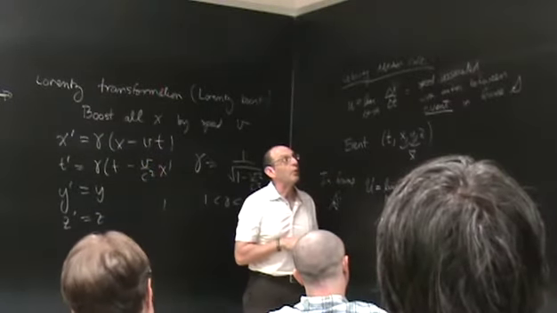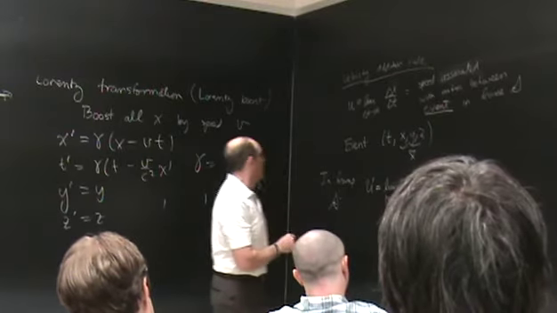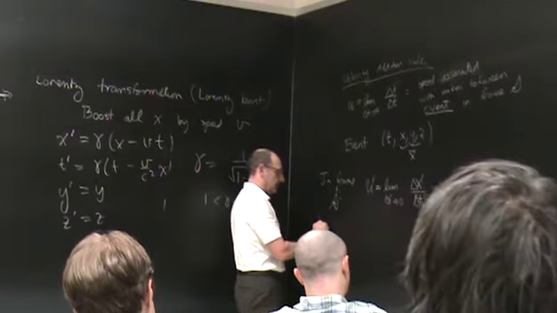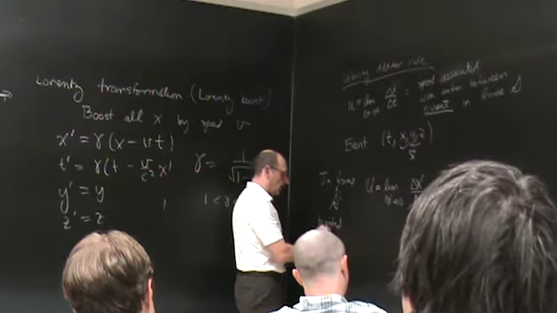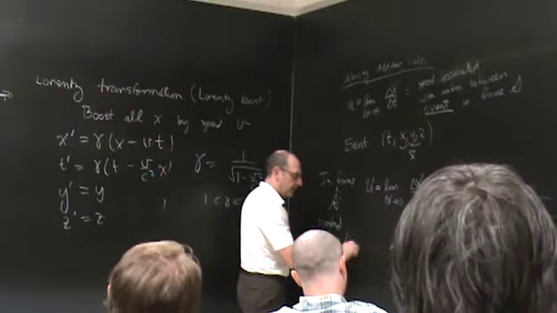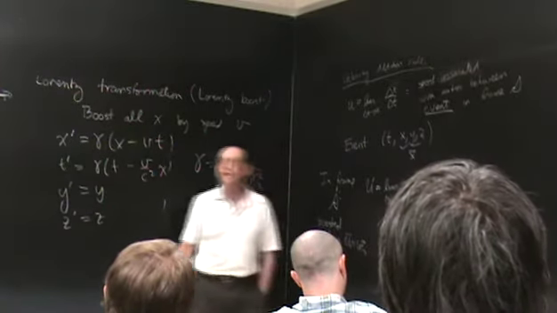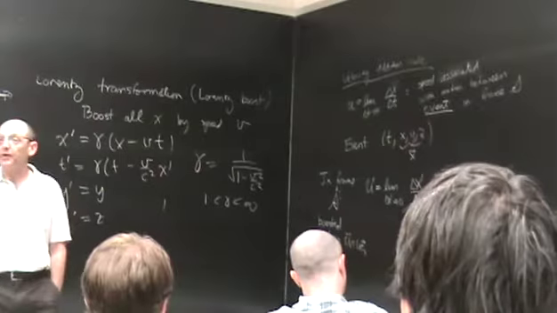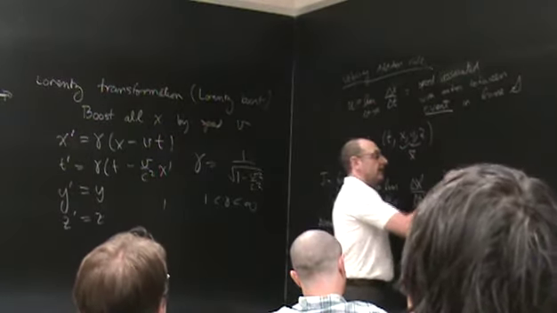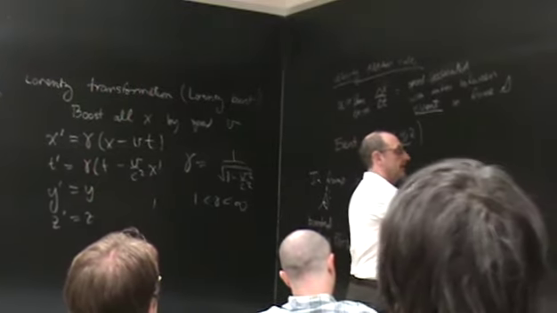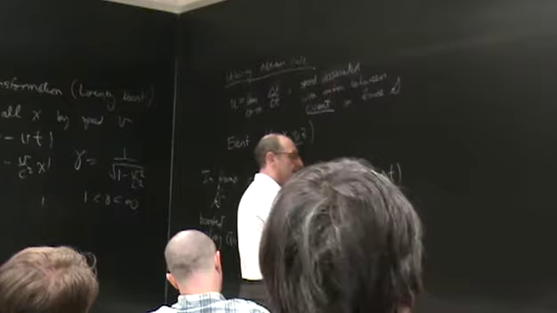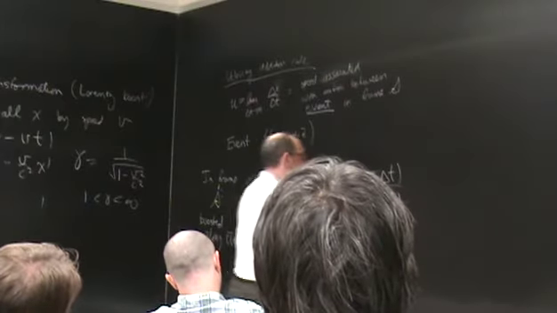So we're assuming that we're boosting, this is in frame S prime, boosted along x, which is the direction of the speed of the object in the initial reference frame. And that speed then is gamma delta x minus v delta t divided by gamma delta t minus v over c squared delta x